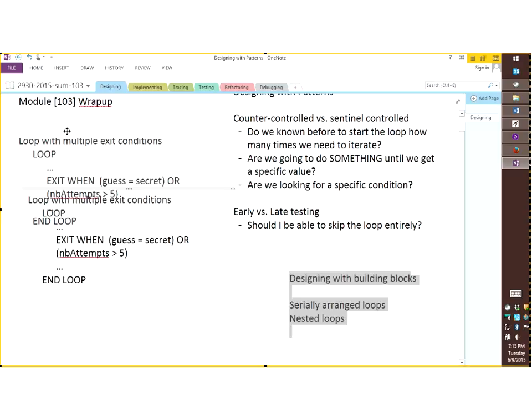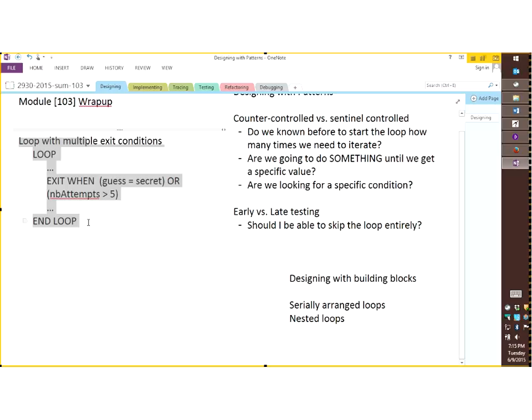This leads to a pattern. This requires a little bit more work, because when you exit the loop, when you are after the loop, when you're done with your loop, you do not know why you exited the loop. It's possible that you are there after just 1 iteration because the user guessed right immediately. It's possible that you reach this point here in the code after not guessing the number and exhausting all your possible attempts. So the pattern that is usually employed here is that you have this loop with multiple exit conditions,